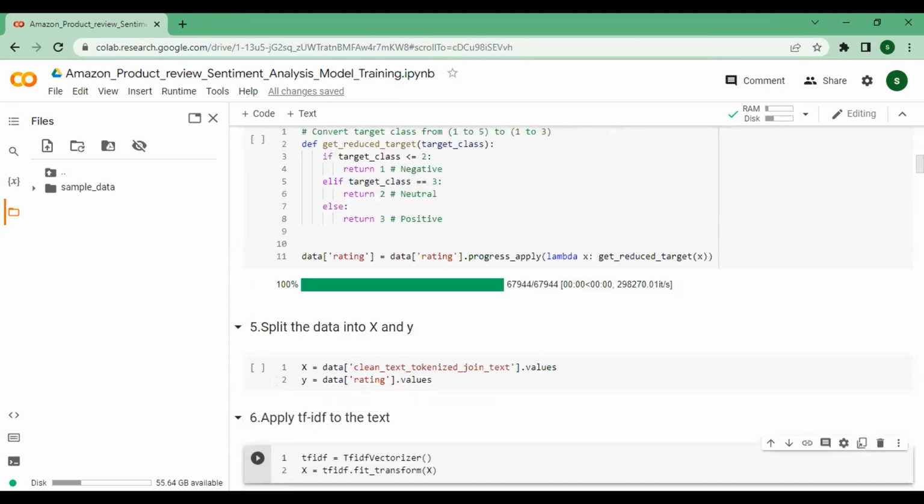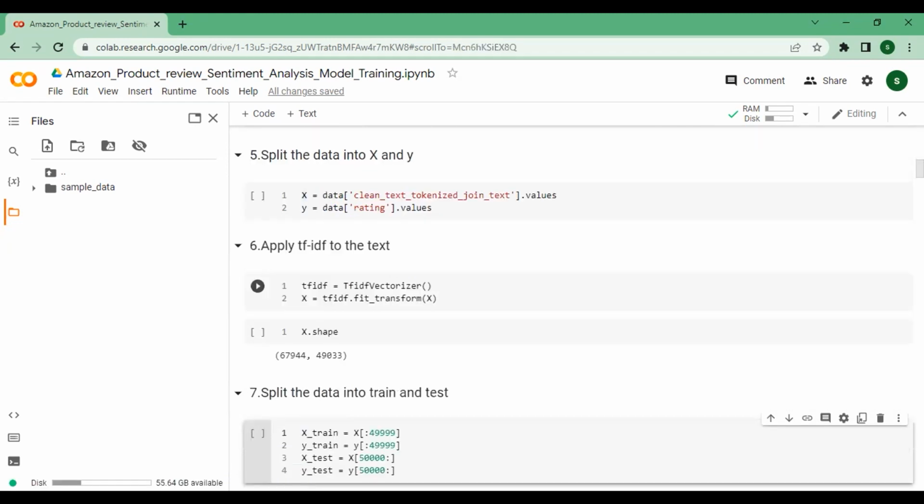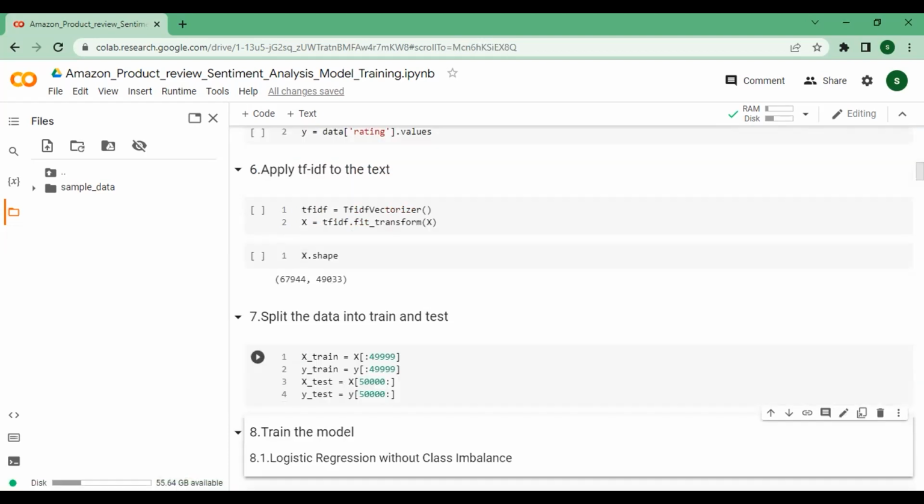And once we have the data, we will split into X and Y. The Y is our label, the X is our data. We will apply the TF-IDF vectorizer over there. And once we have that, we will split into train and test. The training is 80%, the testing is 20%. We have this uniform ratio that we always use, even for machine learning and deep learning. So the same in NLP also, we will use the same ratio.